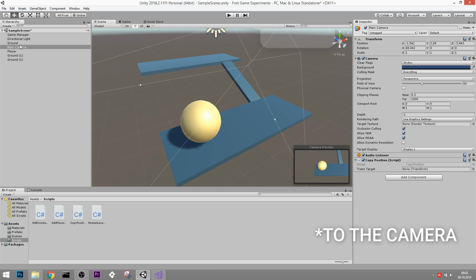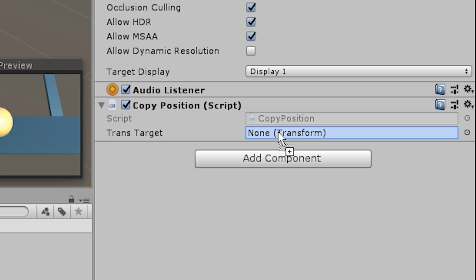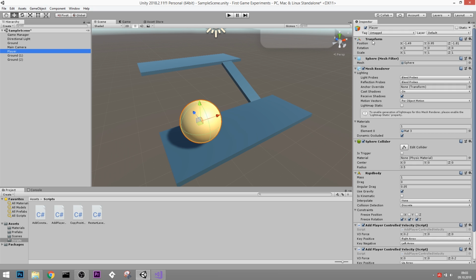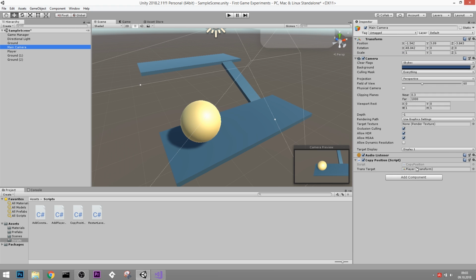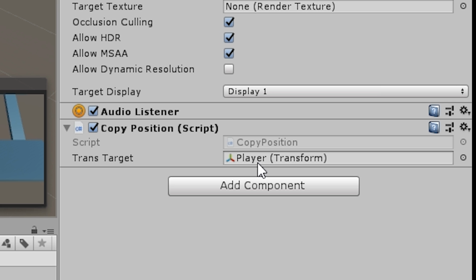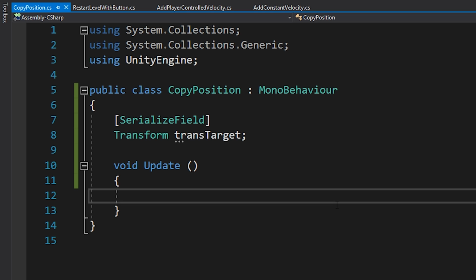Now I can drag the player object in here, and we will automatically get the transform component of this object. So you see, this player object has a transform. The transform is the one that stores the position, the rotation, and the scale. And on our camera, we now have the reference to that transform. Meaning we can now say